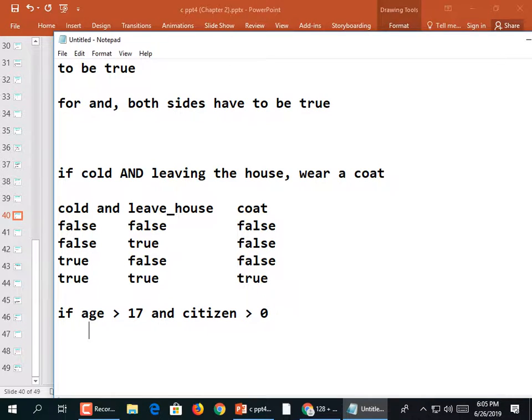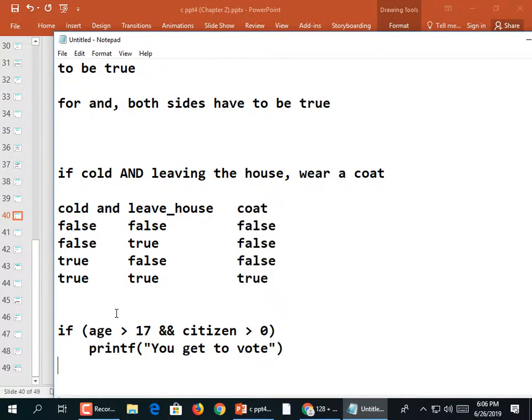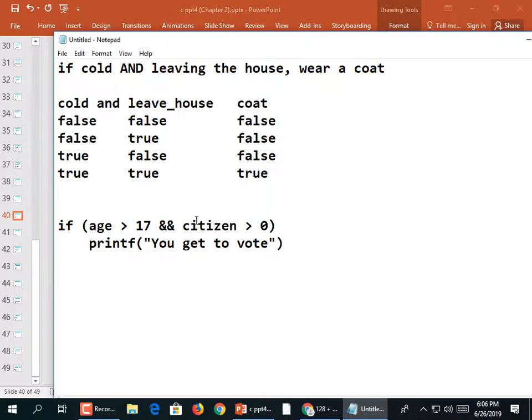Then you get to vote. Now I'm going to change these into the symbols that they are. So I'm going to change that so like that. So I have to be both 18 or over, and I have to be a citizen before I get to